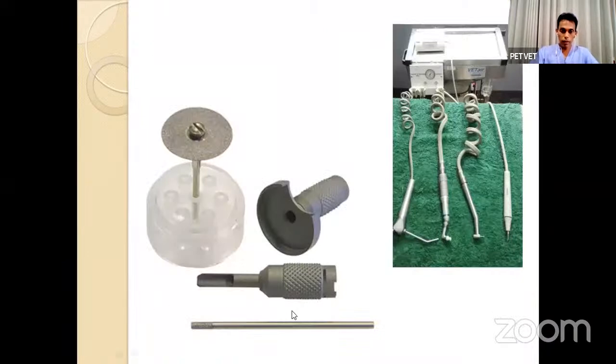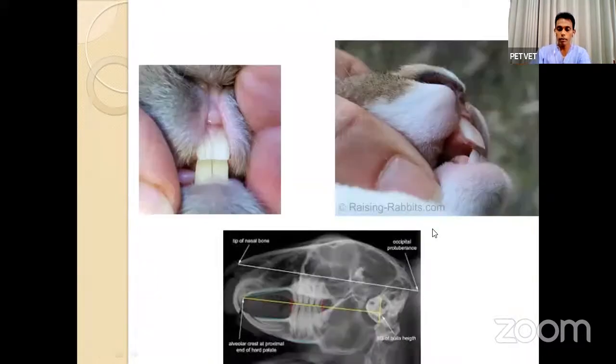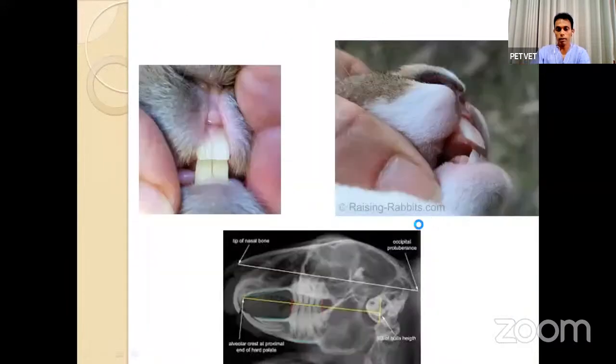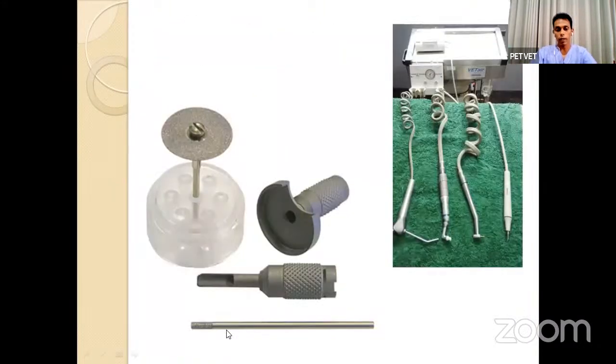And these two instruments will make your life significantly easier. Now in this picture, we saw the burr handle and this is a straight burr. This is the one that you use to trim these kind of spikes here. If you only have this instrument, it's going to be a little bit of a dangerous thing because it can damage the